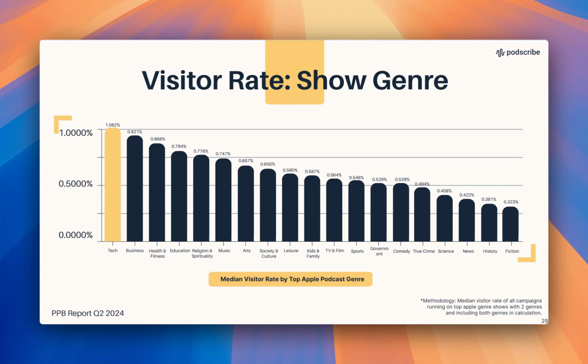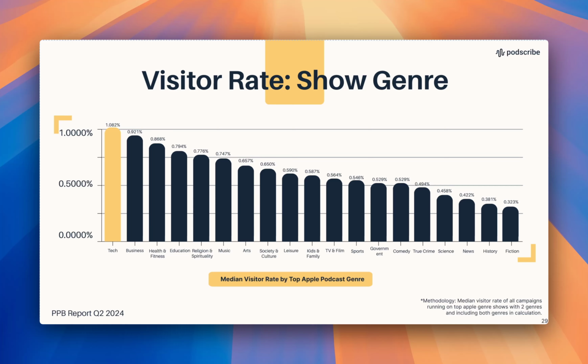So if we have newer advertisers in the podcast space, one of the recommendations that we make is that they buy things like a run of network buy. Those run of network buys are typically a bit lower effort. You can use the same creative. It can be inserted across a wide swath of different podcasts for a specific network that you're buying with. And so as we break things out by show genres, you can start to understand, especially for an early advertiser in the podcast space, what particular show genres work, and can you find more shows that fit under that genre for your next campaign to drive better performance.